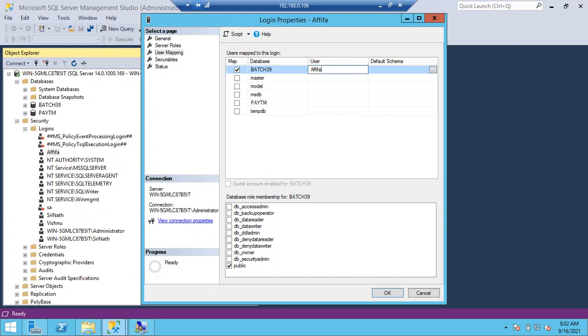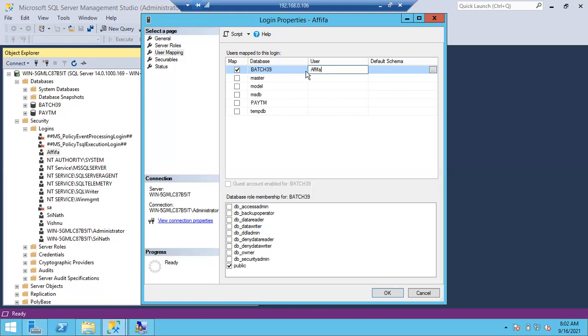Why? Because if something happens with the Afifa login, in order to troubleshoot the issue we'll see whether the Afifa user is there or not in the database. If Afifa is renamed to a different name, say Farjana, we'll search whether Afifa is there in the database users list. But it is renamed as Farjana, so we'll think, okay, the Afifa user is not there, that's why it might be creating the issue. We'll get this kind of confusion, so don't change the username.